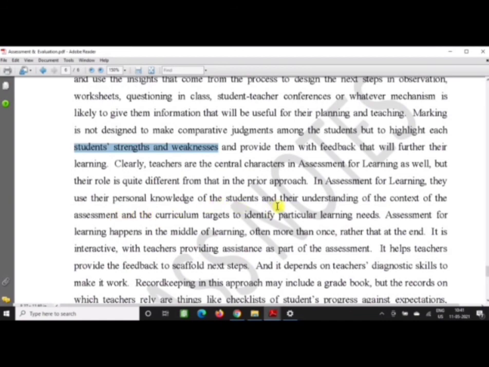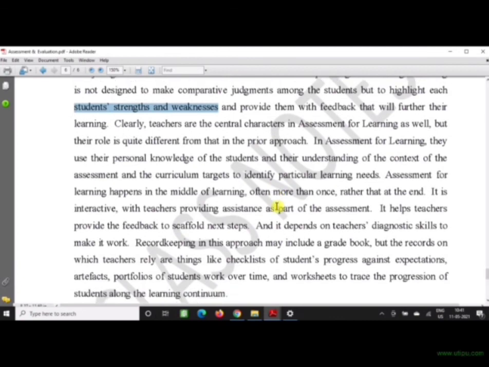In assessment for learning, they use the personal knowledge of the students and their understanding. See, every student is different. They have their own way of understanding things, their own way of perceiving an idea. So here the teacher will take care of the child's understanding and preconceived knowledge to come up with a particular strategy to teach, because one particular strategy will not work on all kinds of students.